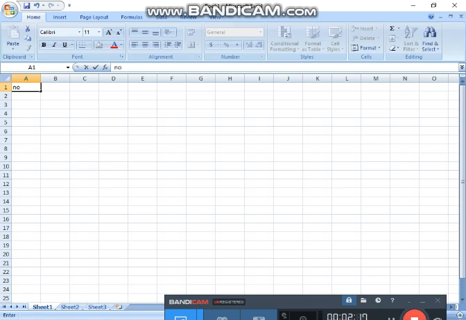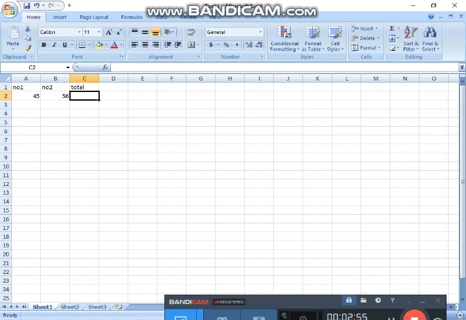Okay, number 1, then number 2, then total. Okay, so this is the text that we can enter here. We just entered capital and small letters, just like in a simple worksheet, and then after that I enter the numbers. Look at the number. By default the text alignment is left and the number alignment in Excel is right.